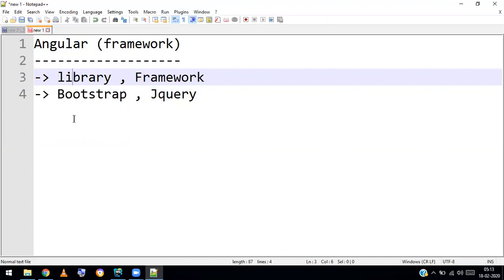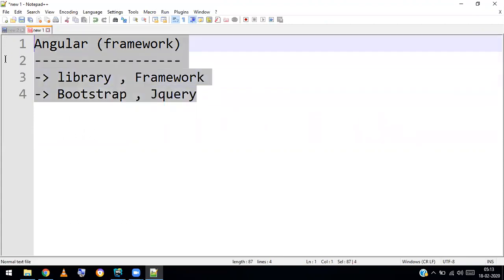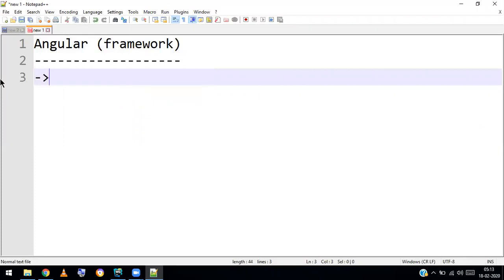So what is a framework? A framework does not just focus on one thing, it focuses on the complete application development solution. If you want to develop a complete application, we need a lot of things.